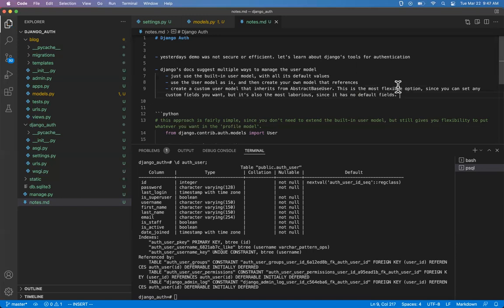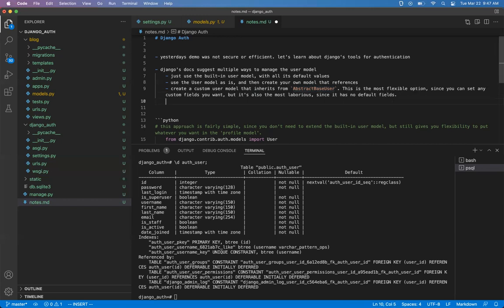So if you subclass from the abstract base user model, you basically just get the password management features. So all the automatic hashing that we covered yesterday, you get that in the abstract base user. But in terms of, like, a last login time that gets updated automatically, first name, last name, is staff, you would have to set that all and define it if that's what you want on the user model. So the option that I'm going to be suggesting for today